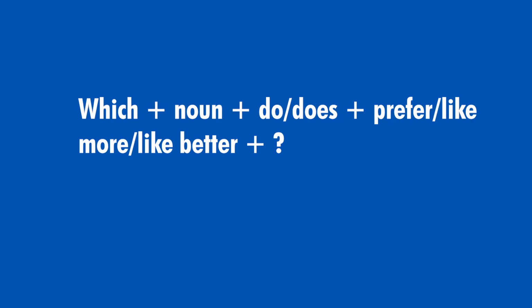To ask for preferences, you can use one of these structures. This is the base of the structure. Which plus auxiliary do or does plus prefer, like more, or like better. Which ball does your classmate prefer? Which ball does your classmate like better? Remember to use correctly do and does. Copy the structure in your